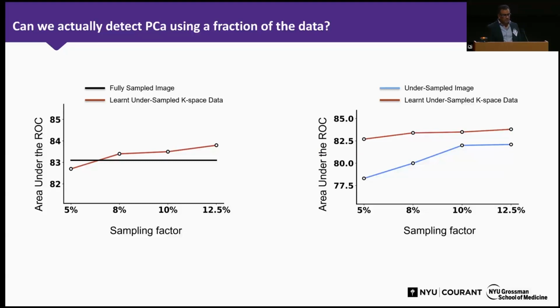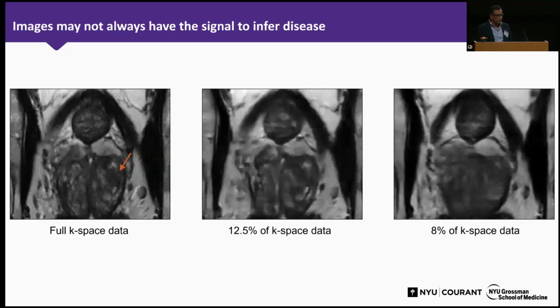Right? And this phenomenon is clearly evident from the actual images generated using this subsampled data. On the left, I'm showing the image generated from fully sampled k-space data, where you can see the tumor. The rightmost is using only 8% k-space data with a state-of-the-art image reconstruction model, not necessarily just zero filling the k-space. You can see that, at least from a human eye standpoint,